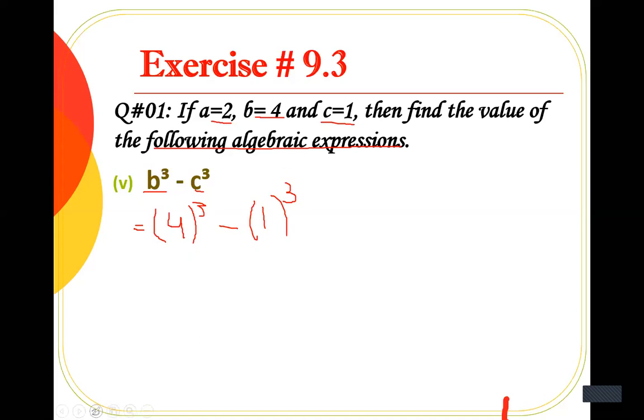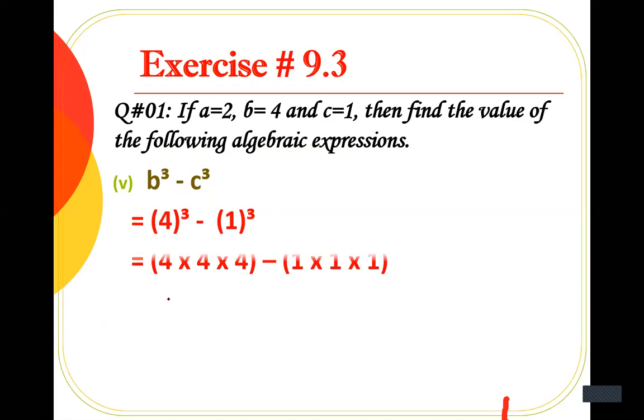Now what you will do, I'm going to show you again. This is the way. Now 4 bracket exponent 3 means you have to multiply 4 by itself 3 times. So simply you will write 4 multiplied by 4 multiplied by 4, but inside the bracket. Whenever you are going to replace the value of any variable, please place the bracket. Now inside the bracket you will write 4 multiplied by 4 multiplied by 4, then the sign of subtraction.